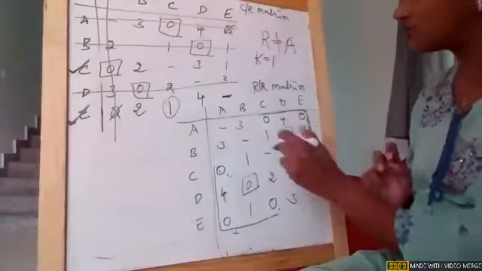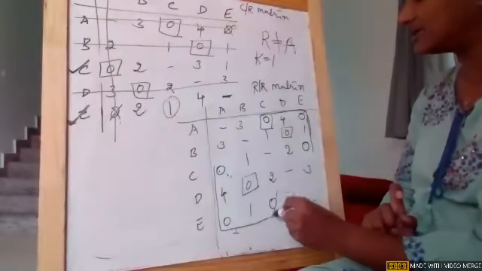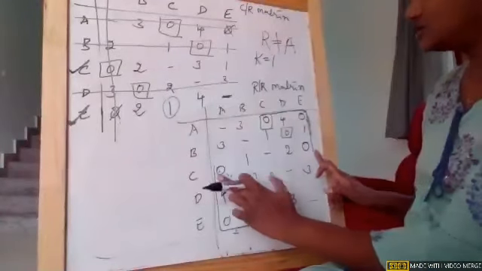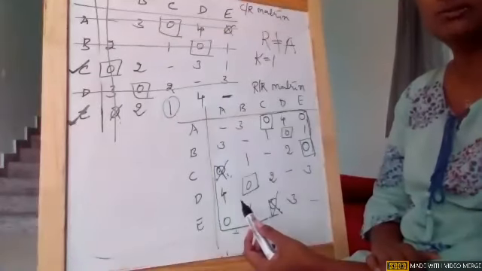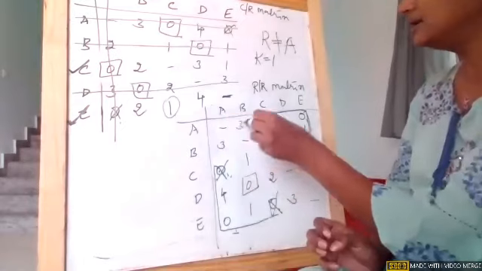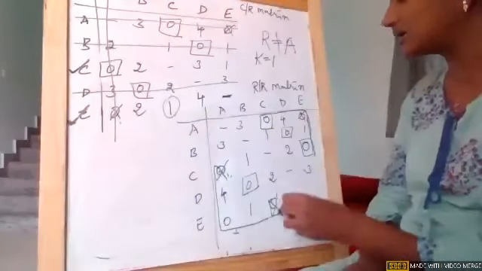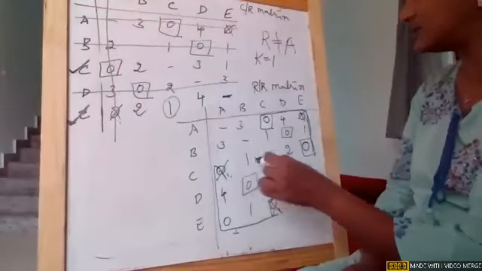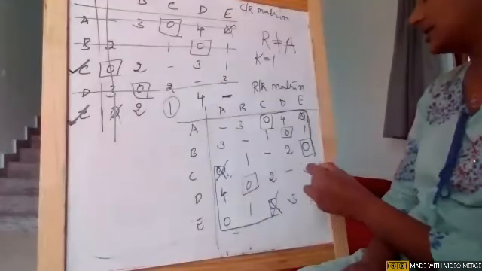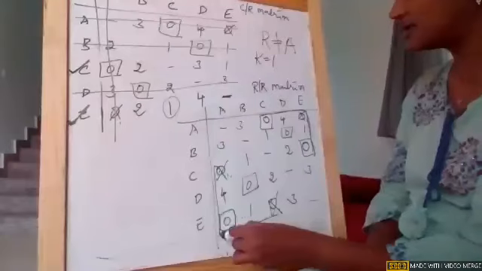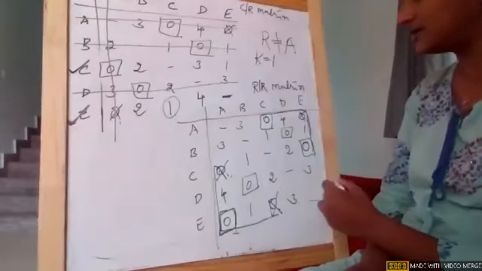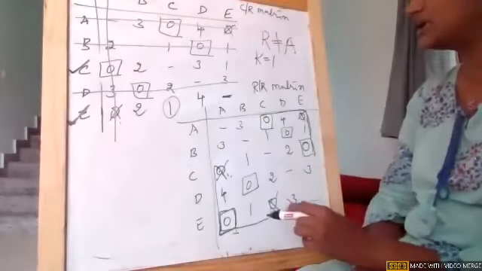So I just took these two corners. One I made an assignment and the other one I crossed. When I took these two corners, one I made an assignment and the other one I crossed. You can do vice versa. So immediately, wherever I made new assignments, the corresponding row and column zeros, cross them off. That is what I'm trying to say. Now, if you see, there is also one more zero still not assigned. So in that row or column, there is no assignment. So this is how I made an assignment.